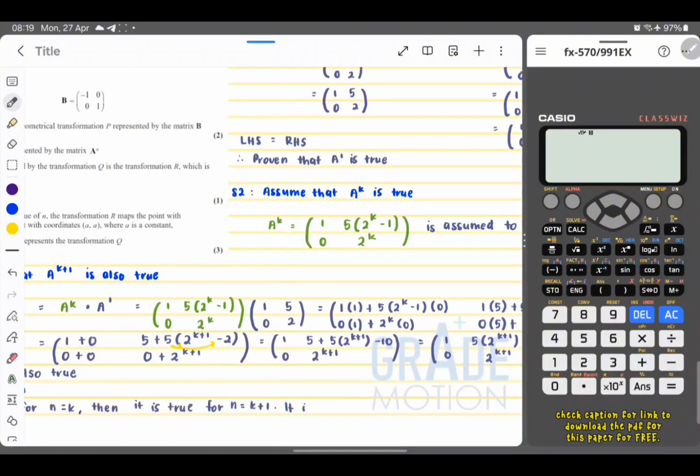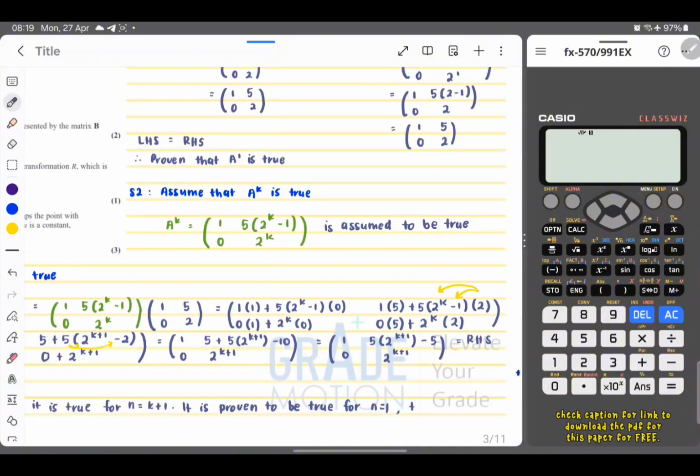It is proven to be true for n equals 1. Therefore,